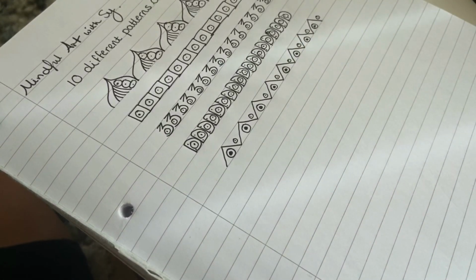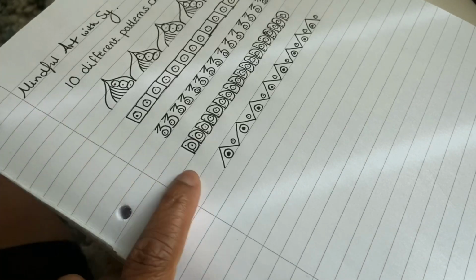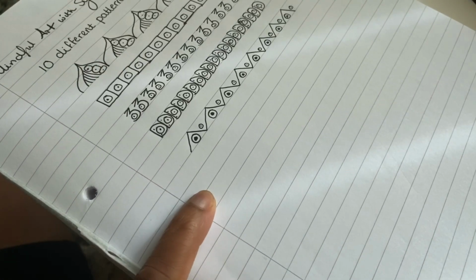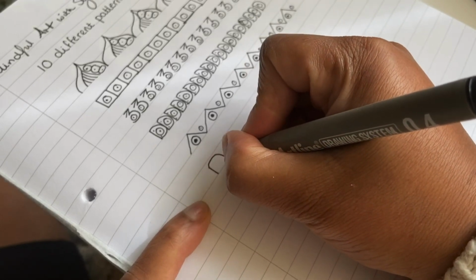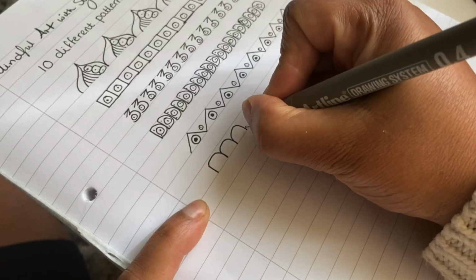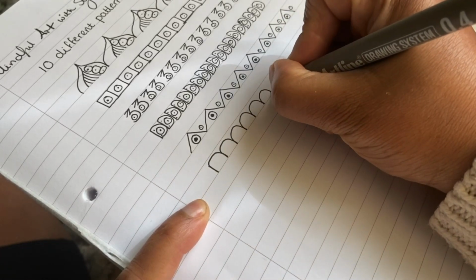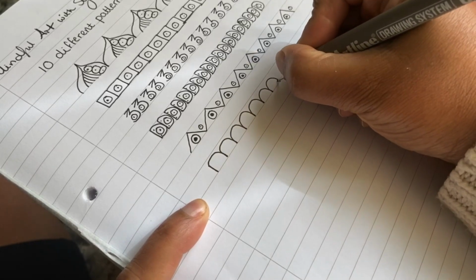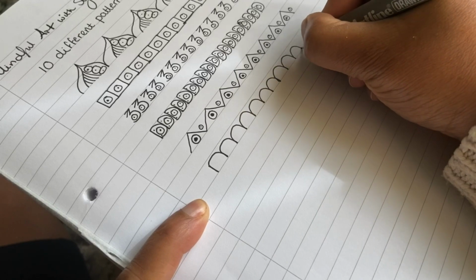Okay, so that's 5 done. We're going to go for our 6th one. I'm going to go with the letter M, and I'm going to go for quite big letter M's, or they could be N's or upside down 3's. It's up to you. And I made these quite big